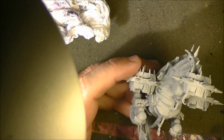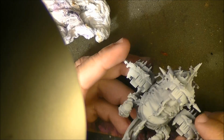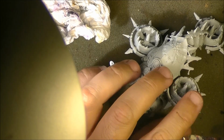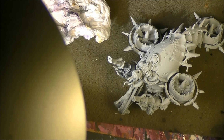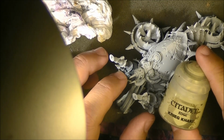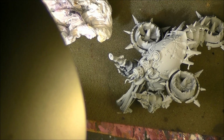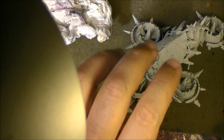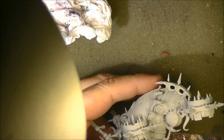So I will start first applying the base colors as usual, and I will start with the skin, which is the highest part. I will make the skin with a greenish tone, and I will start with the Quick Khaki from Citadel. This is an H paint. It's quite pastel. I'm looking for this greenish tone, and later on we are going to add purples and also reds on the skin. So we are going to apply yellows and all the stuff that is needed to